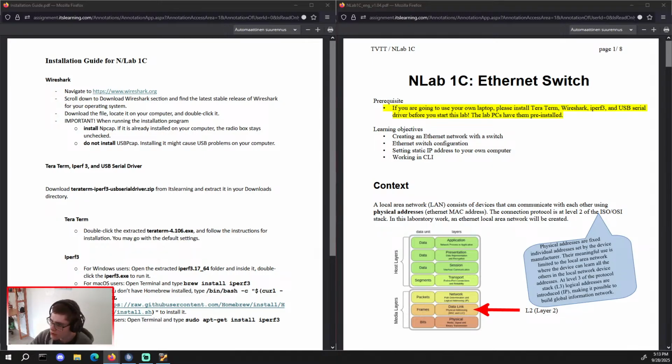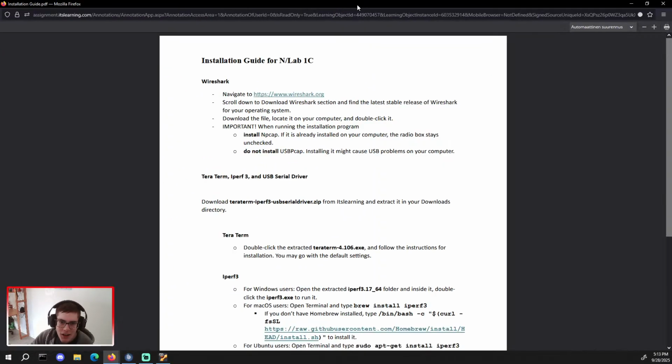Then okay, so I also unlocked Tera Term, iPerf, USB serial driver. So have you already gone through the installation guide for this lab and everything? No, we're doing it now. Come on. Okay. Let's get busy. We have to navigate to